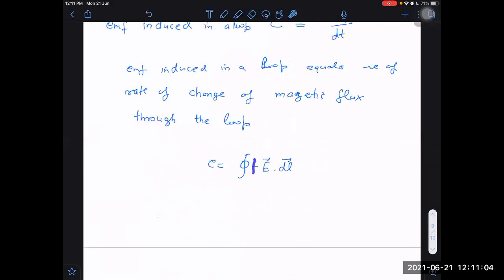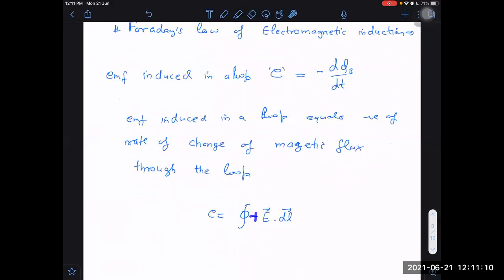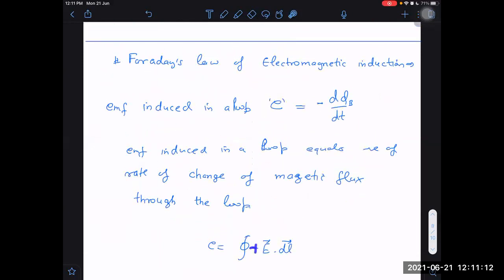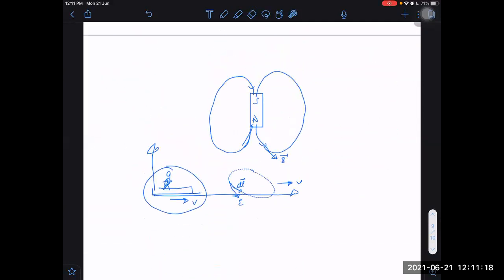So the observer I had drawn here, and I was trying to explain what Faraday's law is, and I'm not trusting this minus sign. I don't know for sure. Should it be minus or plus? I will derive it and find out whether it is plus or minus. But for the time being, just see one thing here: if a magnet is stationary, magnetic field lines are stationary, right? Some magnetic field lines will be passing through this loop also, right? Some magnetic flux will be passing through this imaginary loop.